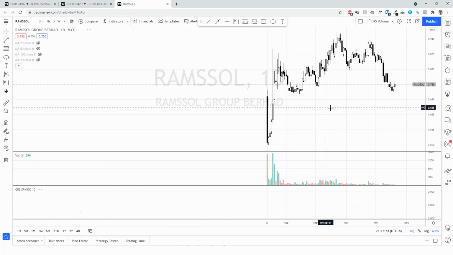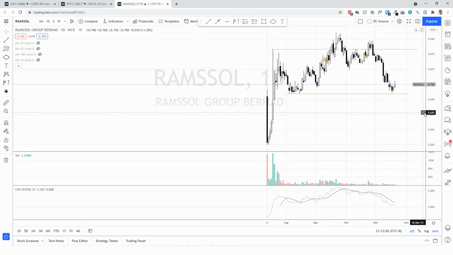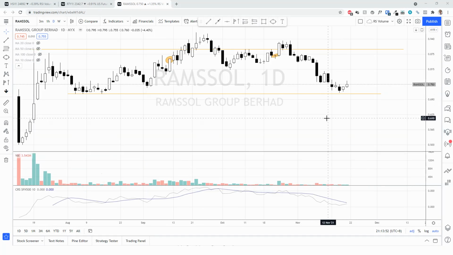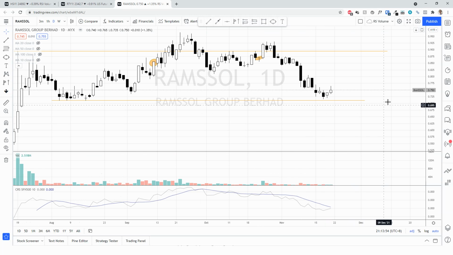So next one is RAMSSOL. RAMSSOL is not really a favorable trade, at least for me, because I did cut maybe one time. I think I cut somewhere around here. So I covered RAMSSOL two times, but it did not really have commitment above. In fact, it just had a reaction down. So at the moment it is testing this support area, support level. You can see it is right at 71.